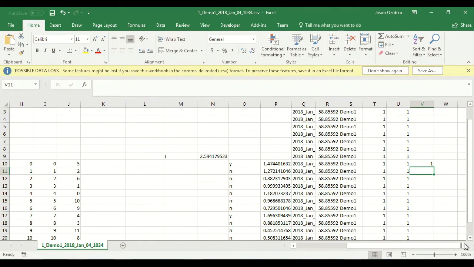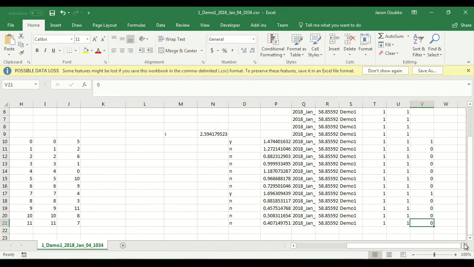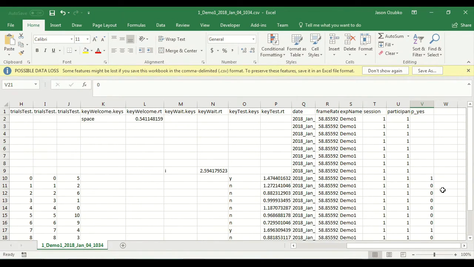And if they said no, we're going to call it a 0. So we can just go ahead and code this manually. Again, in the next video, I'm going to show you how to do this programmatically, but because there's only 12 items, we can code this ourselves. So yeses become 1s, nos become 0,